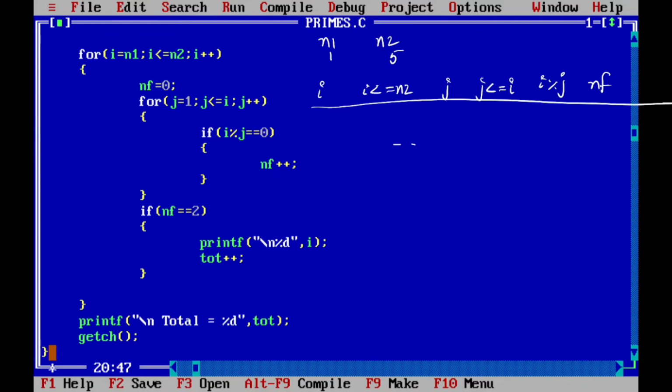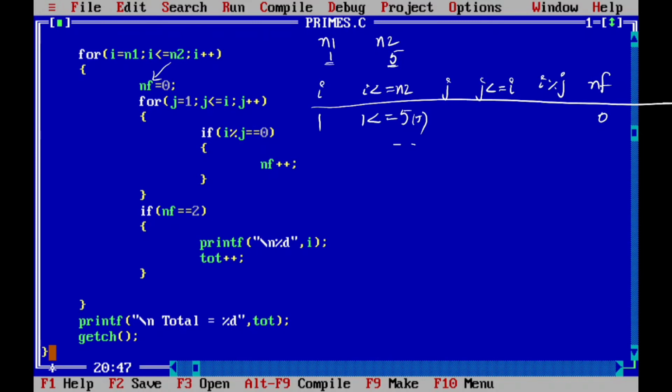Now see, initially I value, N1 value is assigned to I, so 1. And here 1 is less than or equal to, what is the N2 value? 5. 1 is less than 5, condition true. If this condition is true, then control comes to here.